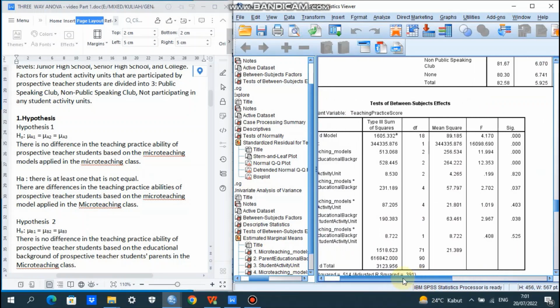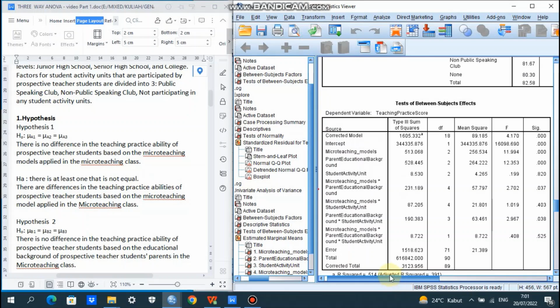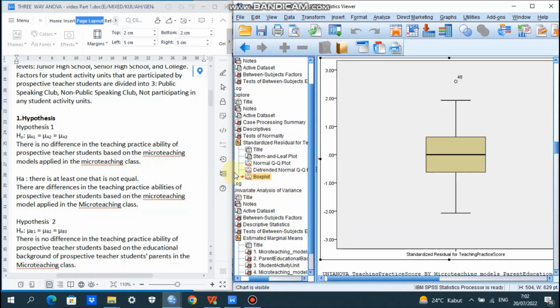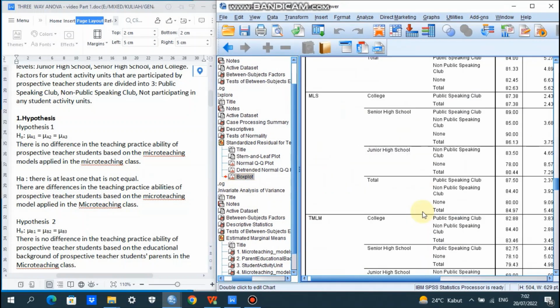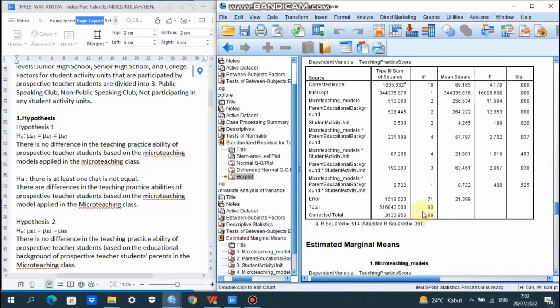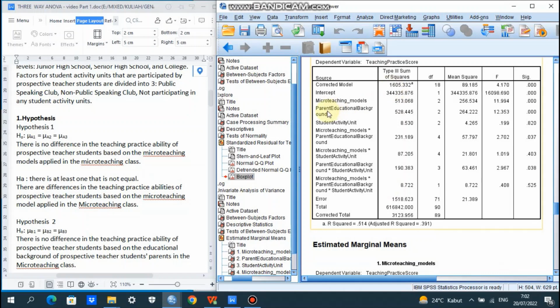From the result of the output, we can have a look at this one. From the result of the output here, tests of between-subjects effects, micro teaching models 0.005.